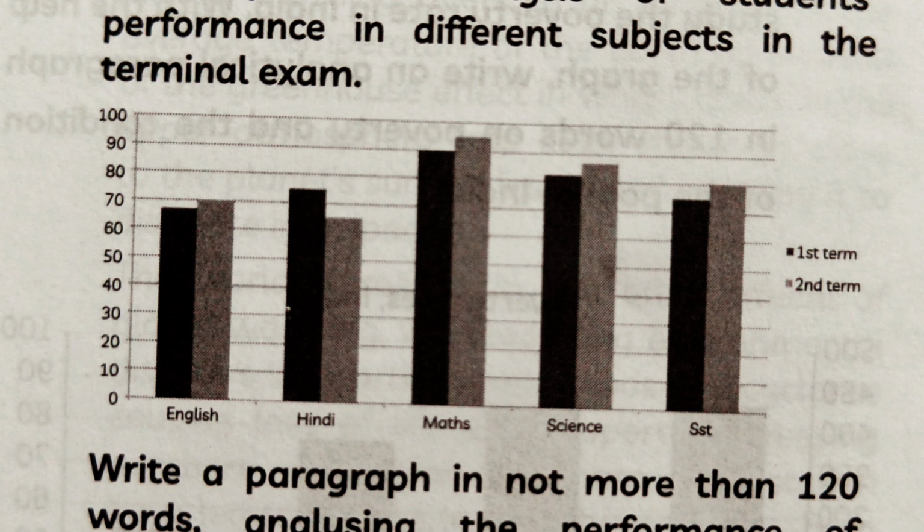Okay, students, I hope you understood. This is an example I have given you of writing an analytical paragraph. So the point coverage I am telling you again. Number one, introduction line. Number two, presentation of data. Number three, comparison of data. Number four, conclusion. In this way, prepare a blueprint and try to write.